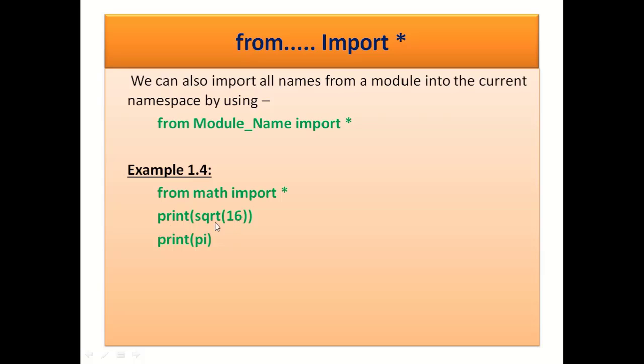So print sqrt(16). This sqrt function is defined within the math module, and so when we use sqrt(16), it is going to import that function definition from the math module and execute this. Also the value of pi, which is written within the math module, is taken from the math module and printed. But it is not recommended to use this form, or the direct form import math, because in this case the entire code of the module will be included within the namespace, and that is not a good practice. So the good practice is, if you need to use specific features of a module, then you must import only those features.